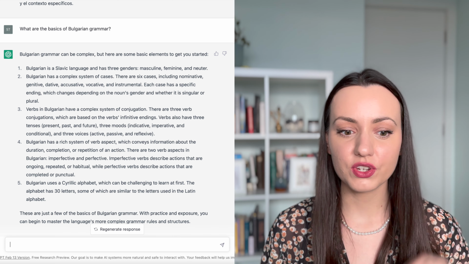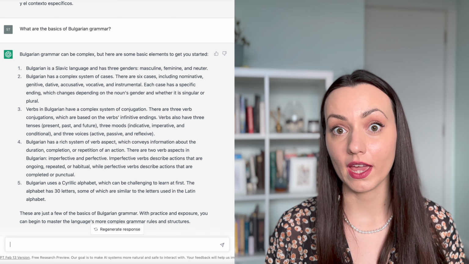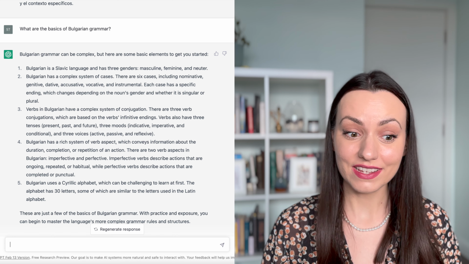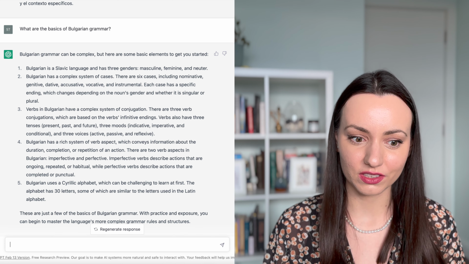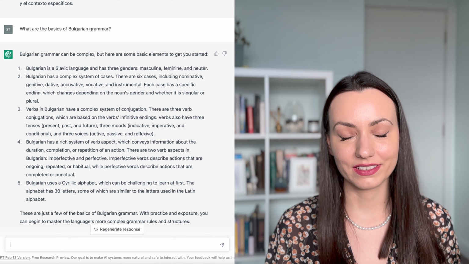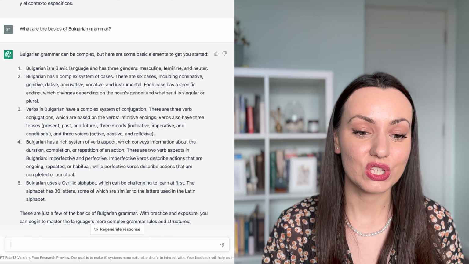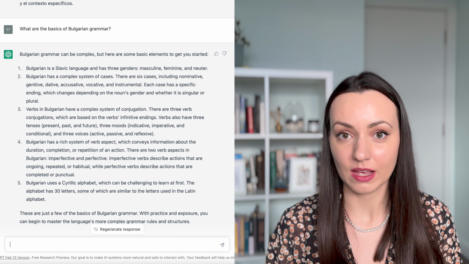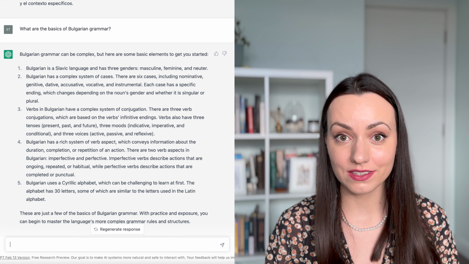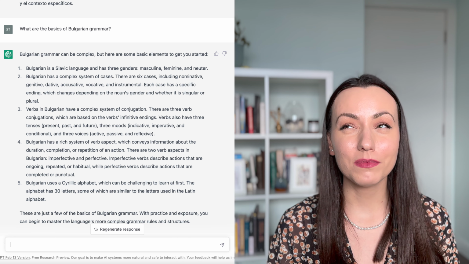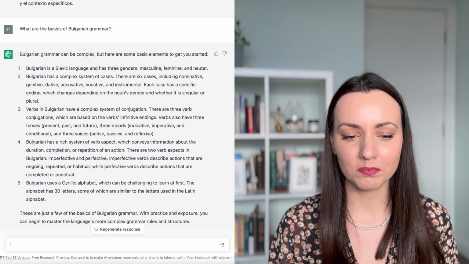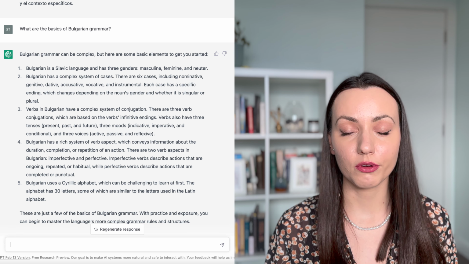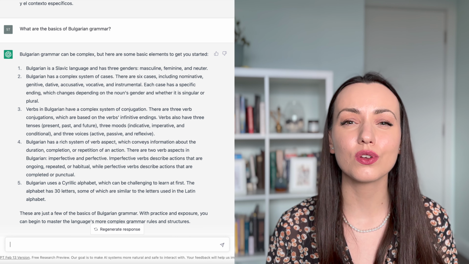So yeah, the 3 genders, masculine, feminine, and neuter. Okay, that's true. Bulgarian has a complex system of cases. There's 6 cases, including... I'm just not going to read the whole thing out, but it says that, and that's wrong. That is so wrong. Bulgarian is actually famous for being an exception among the Slavic languages, not having cases. It barely has some remnants, a little bit of the dative here and there, but Bulgarian just does not have cases. Obviously, some things like articles can change in Bulgarian depending on case, but that is so limited compared